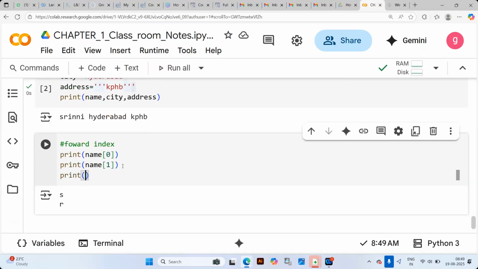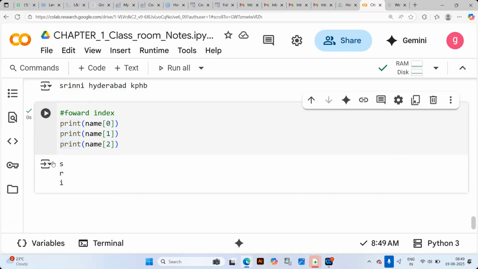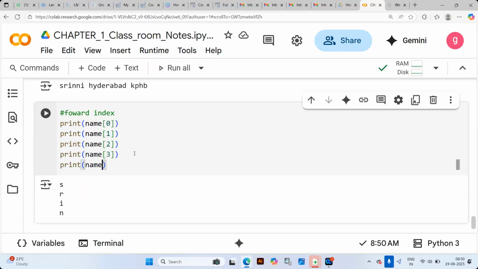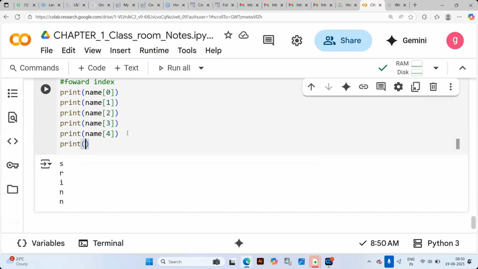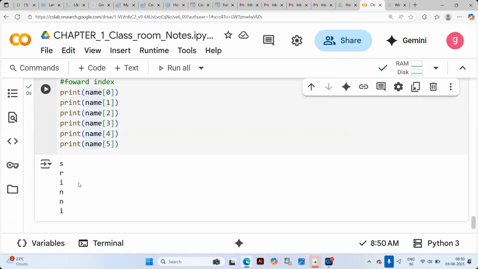Print name of 2, which means I want to retrieve the character located at the second index, which means I. The third index, print name of 3, retrieves N. The fourth one is N, and the fifth one is again I. You see, S R I N I, Srini.